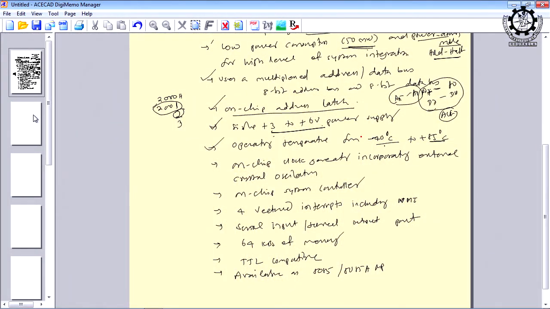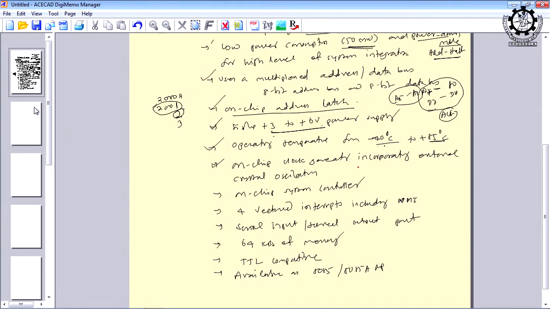Right. So, this 8085 microprocessor, as I told you, once upon a time was the only microprocessor available for industrial use. After that we got 8086, 286 and so many, but till today many industries use 8086, and very few old industries are still using 8085. So, this temperature range allows the 8085 to be used in various applications and at various parts of the world. Right. Then the next feature is an on chip clock generator incorporating an external crystal oscillator.